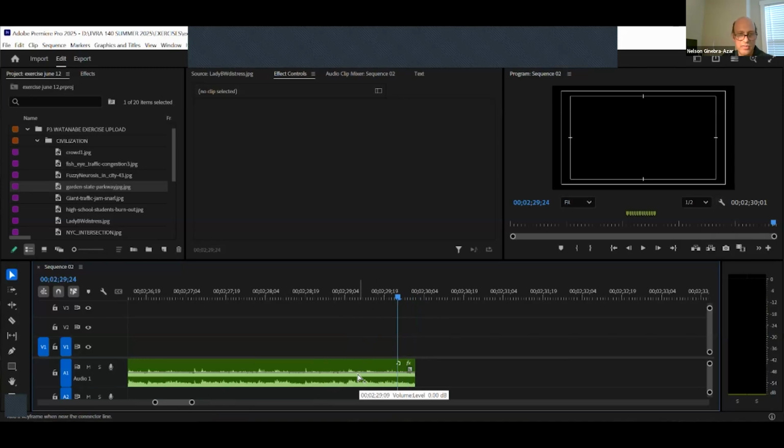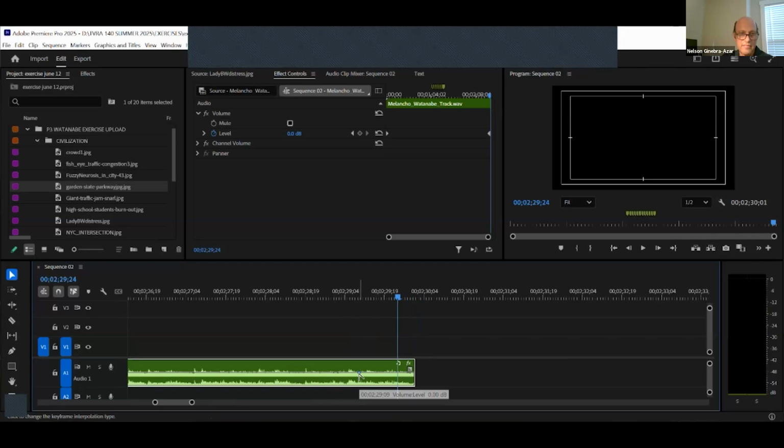You hold Control or Command, and you get a plus. And when you click, you add a keyframe. And then you go over here at the end, do the same thing, Control, click, add a keyframe, let go, and now you grab the keyframe and you can drop it down. So that's like a natural sort of fade out,